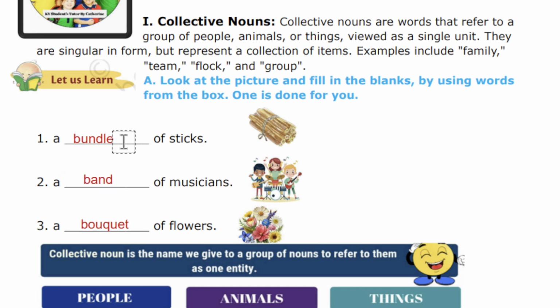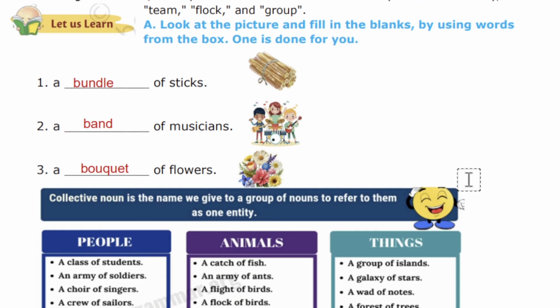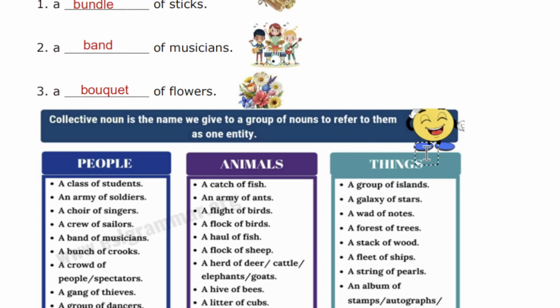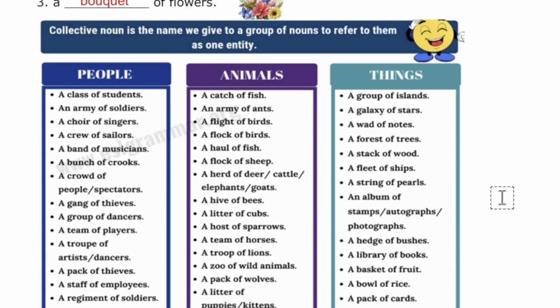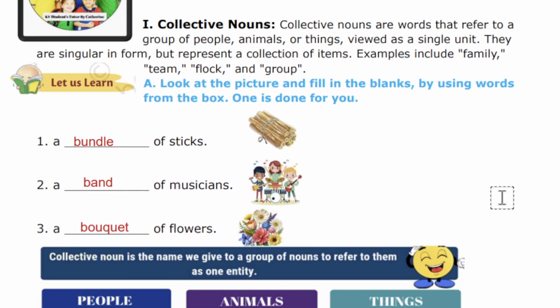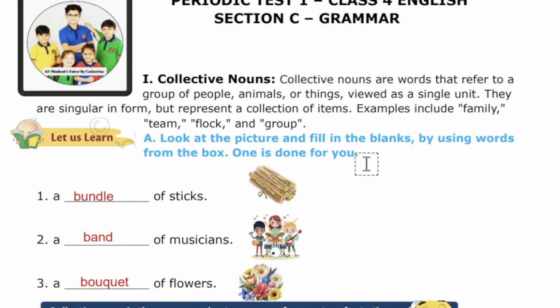Okay, see here everything starts with B, right? Nice it is. So here I have given a few examples. You can go through these examples, so it will be very helpful while doing your exam paper preparation. Okay, so now understand what is a collective noun. So collective nouns are words that refer to a group of people, animals or things viewed as a single